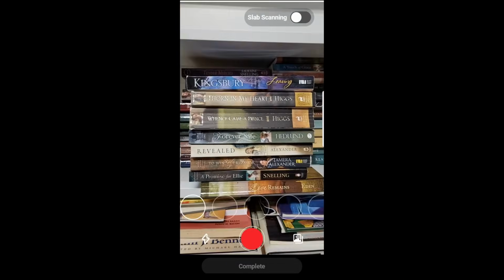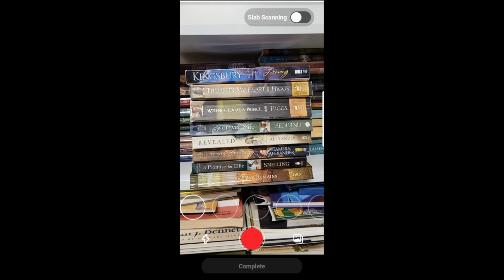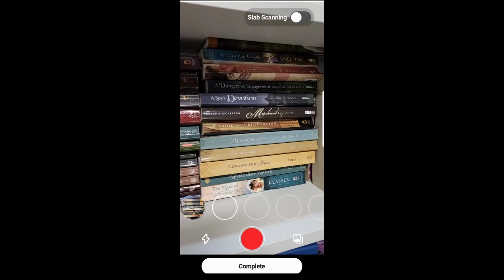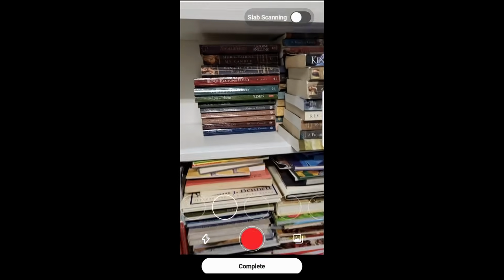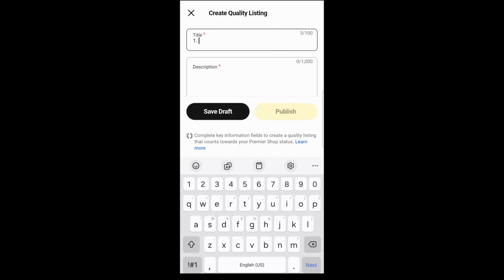It's not very good lighting. I should probably go grab my light now that I think about it. So I'll probably do that. But I'm going to put boom. And then we'll say, trying to get a good photo here. Boom. And bang. That's decent. We're going to put it under books, and I'm going to title this,